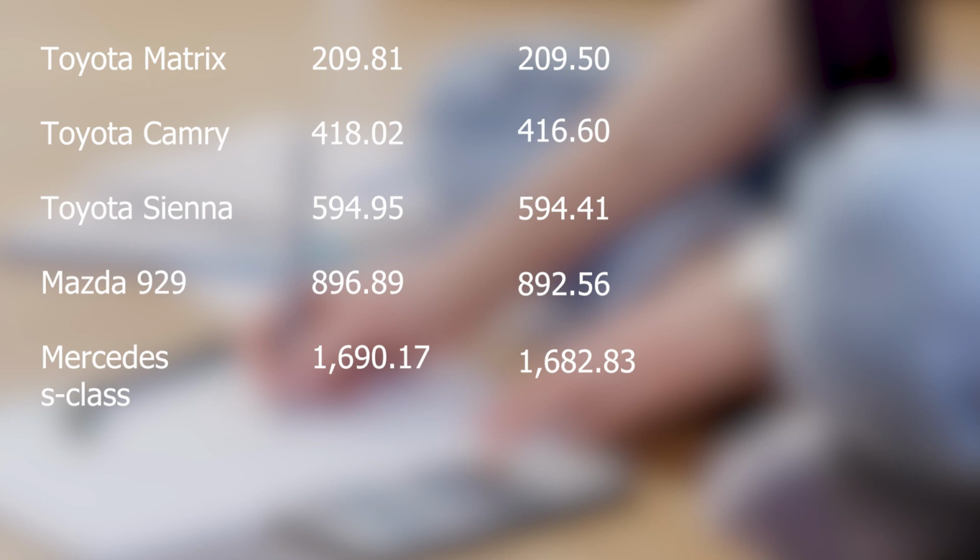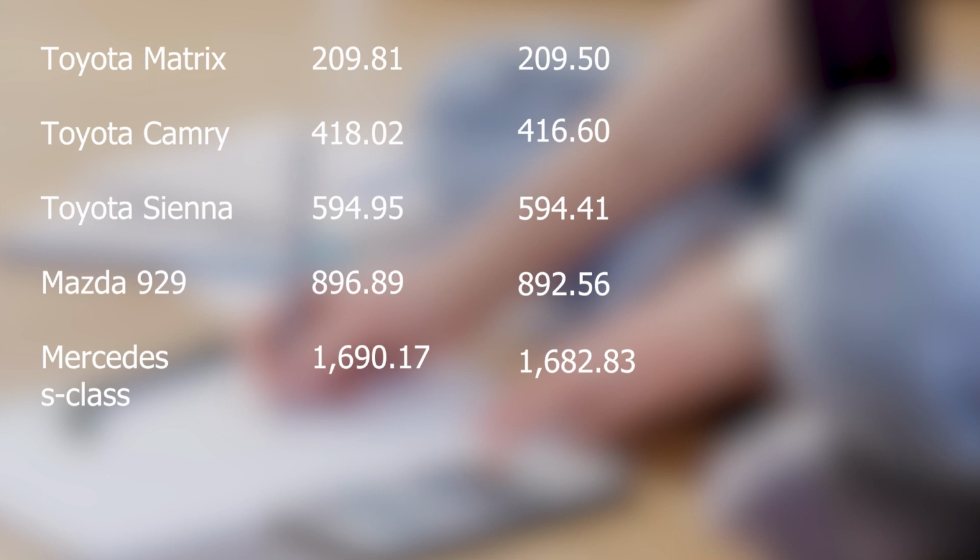As you can see, when it comes down to the online calculator versus our estimated payments, they were pretty close. The Matrix was only a couple of cents off. As you notice, though, the more expensive the car gets, the further the difference becomes. So again, if you look at the Matrix, we came in at $209.50 for our estimate, and the actual payment was $209.81. But then when we come down and look at the Mercedes, we got $1,682.83, and the actual payment was